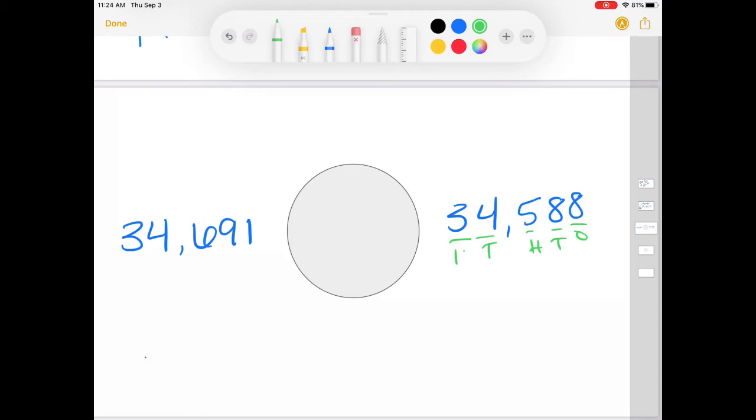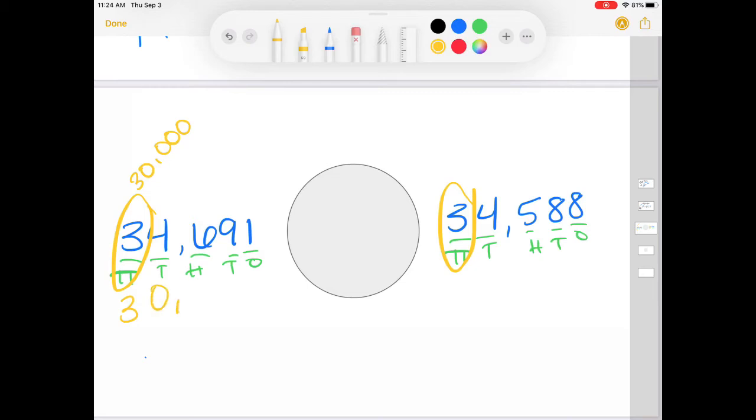So I have ones, tens, hundreds, thousands, 10,000s, ones, tens, hundreds, thousands, 10,000s. So if I'm looking in my 10,000 spot, I have a 3 and a 3. This one is worth 30,000 because if I were to bring it down and put a 0 for the rest of them, I'd have a 0, 0, 0, 0. So that means 30,000. Same on the right. A 3 in the 10,000 means